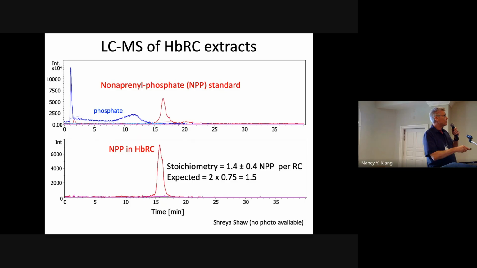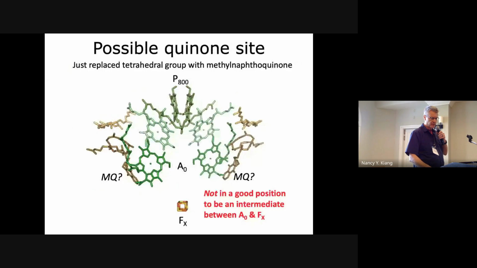And sure enough, when we extract pigments and do LC mass spec, we find the right mass. Here it's compared to a standard nonaprenyl phosphate, and we get the expected stoichiometry of 2 per reaction center. It's 75% isoprenyl 9, so that explains the stoichiometry. I asked Chris to keep the isoprenyl tail, but replace the phosphate with the quinone. Where would it be? It's here to the side of A0, not really in a good position to be